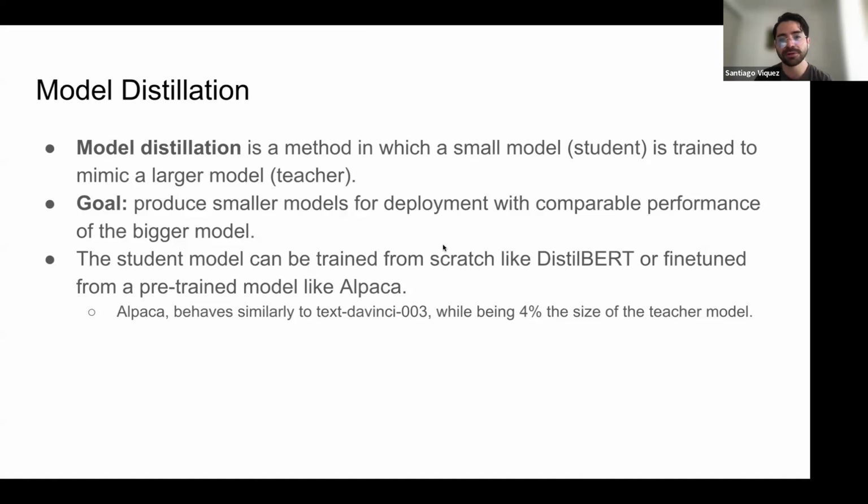For example, the student model can be trained from scratch, like DistilBERT, a popular model, or fine-tuned from a pre-trained model like Alpaca. Alpaca behaves very similarly to text-davinci, and it is only 4% the size of text-davinci. So performance is almost the same, but Alpaca is just 4% the size of this model.